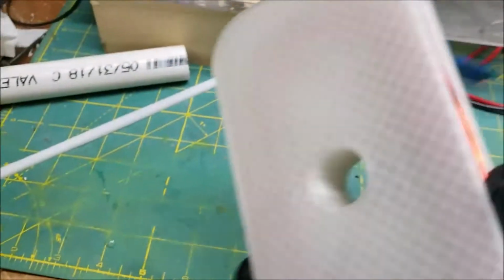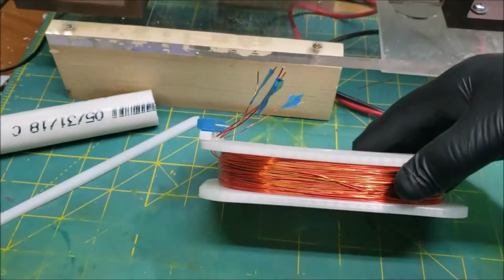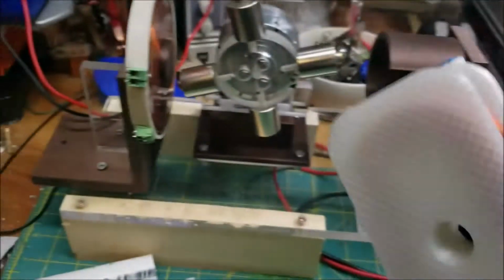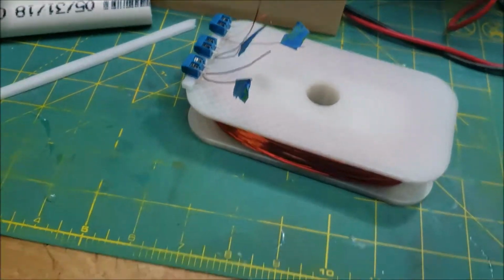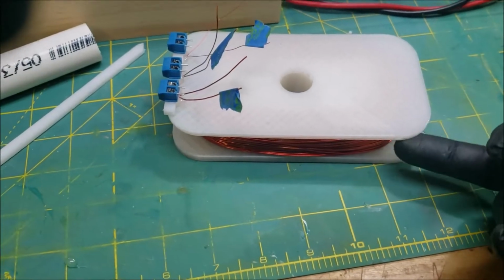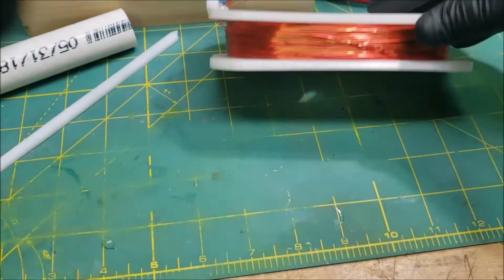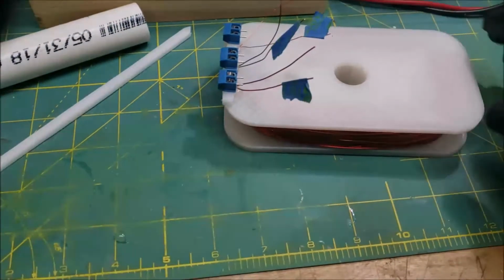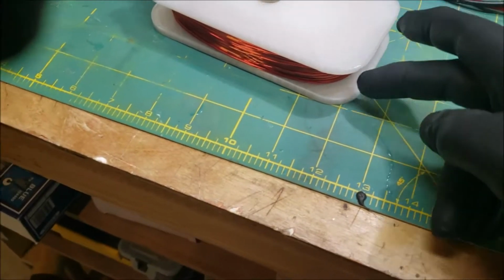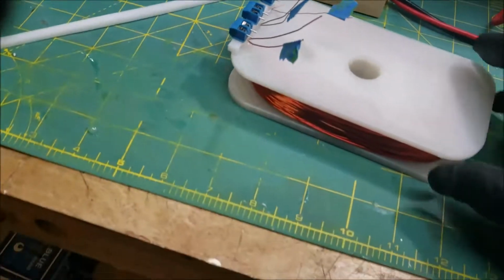It's not a bad coil. It's really heavy. It's a lot heavier than I thought it would be. But I definitely want to get it coated with some resin. I think I might even coat this guy. I know I'm going to coat the inside really well, but maybe even coat the outside just to kind of keep it from breaking apart. I think what I may do too is I may glue some supports right there and right there,